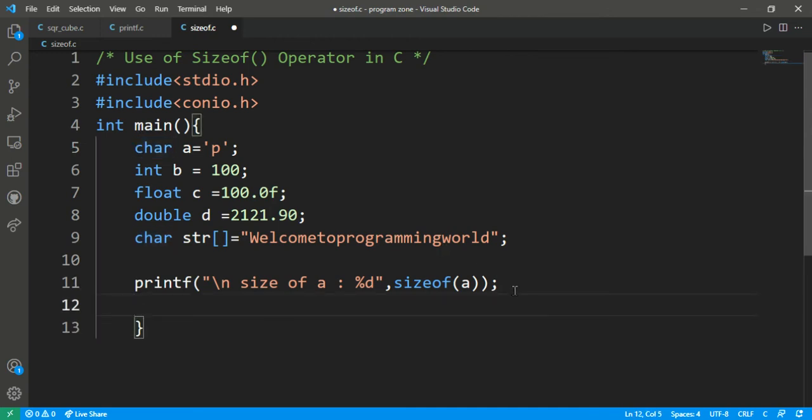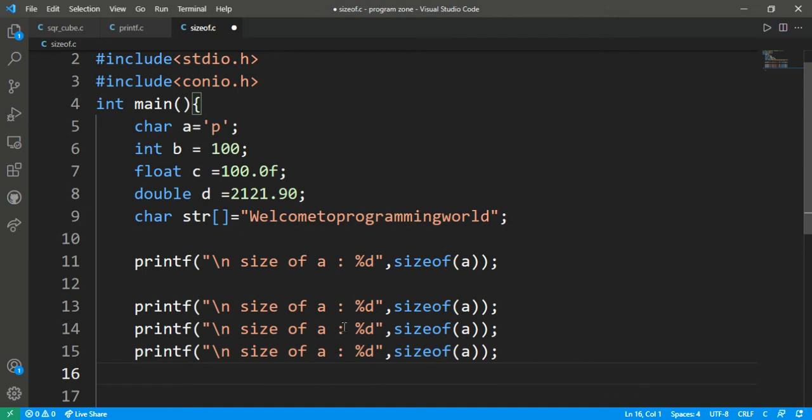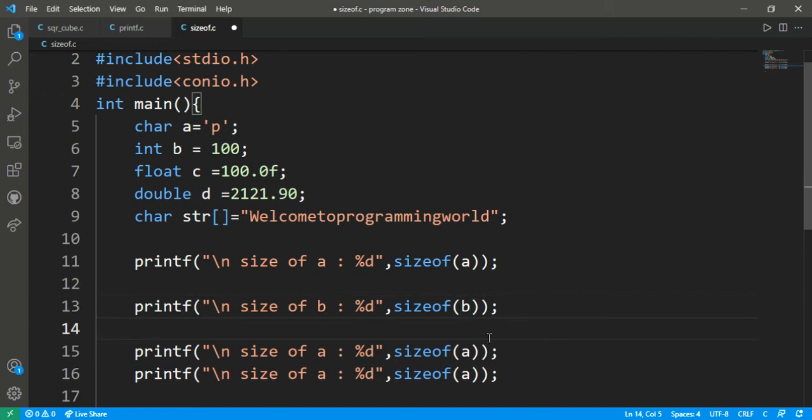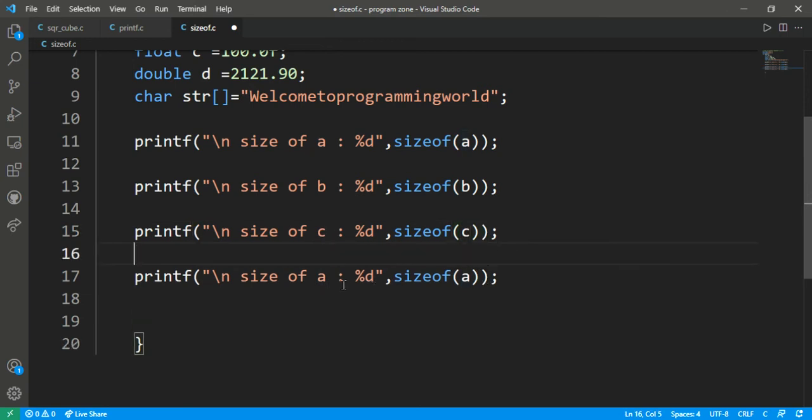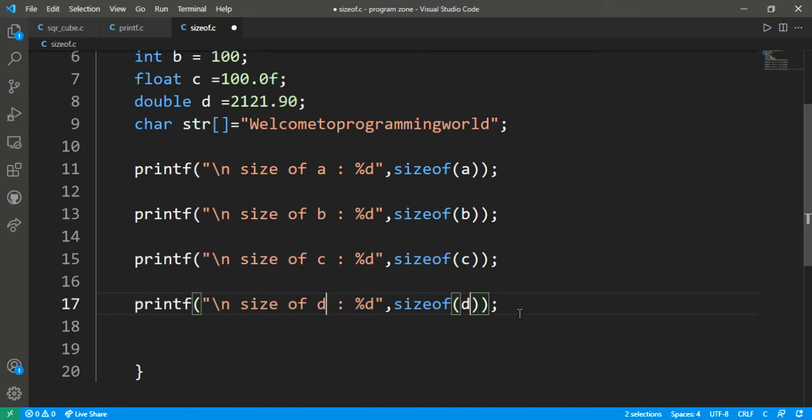And the next is, let's copy the same line and paste it below. So the size of b is, and here I have to write b, and after that I have to check the size of c. And after that d, holding the double type of data.